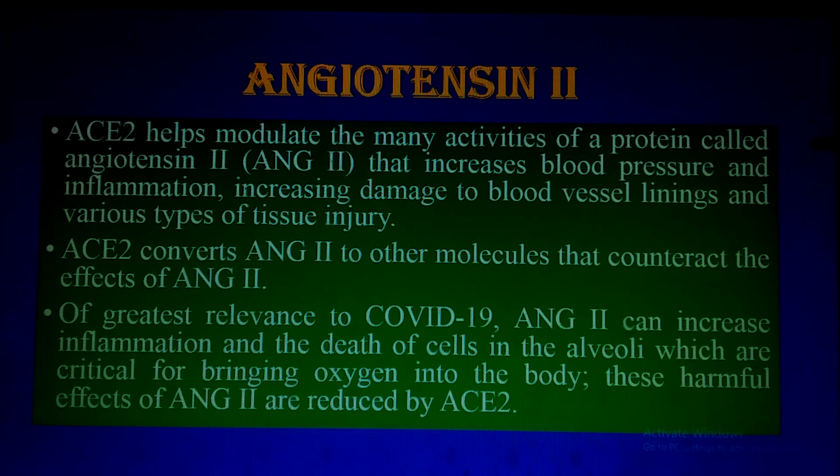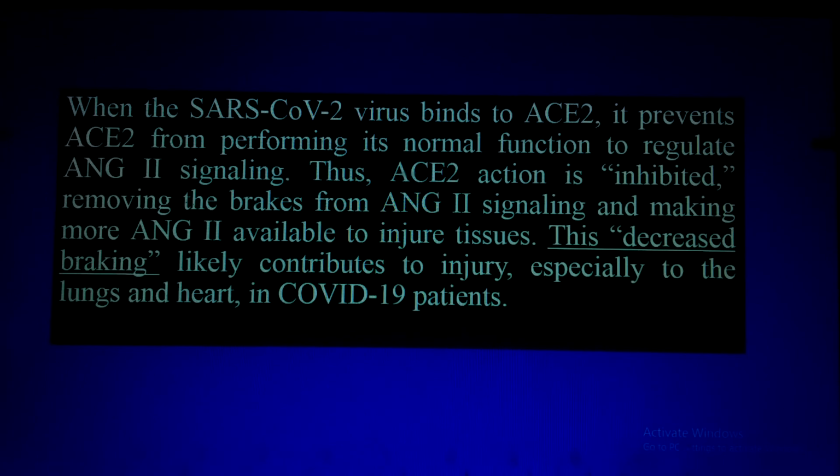So what will happen if the coronavirus attaches to ACE2? When SARS-CoV-2 binds with ACE2, it prevents ACE2 from performing its normal function. If the coronavirus attaches to ACE2, its function will be interrupted, so it cannot perform its normal function of regulating angiotensin signaling. Is it clear? Thus, ACE2 action is inhibited, removing the brake from angiotensin signaling and making more angiotensin available